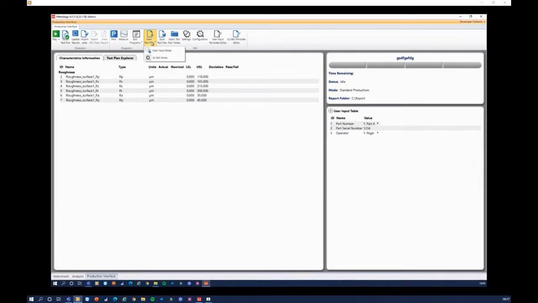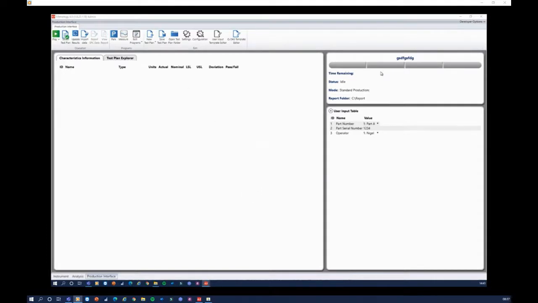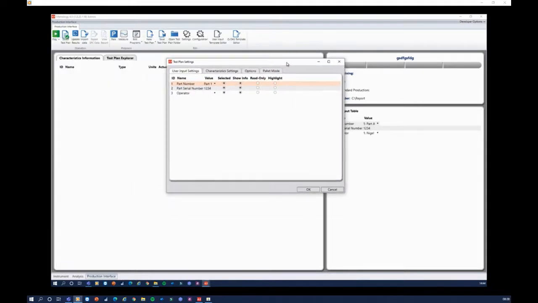So in creating a new test plan, you can see I've got two modes here. One is user input, one is QDAS mode. Okay, I'll explain that in a little while. We're going to go straight into a new user input mode. And for this example, I'm going to ignore these template files because these are already preset. And once they're preset, we never necessarily need to revisit them. So for this example, I'm just going to call it roughness, press OK,